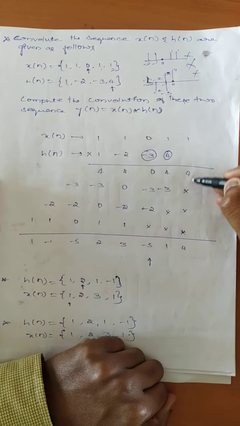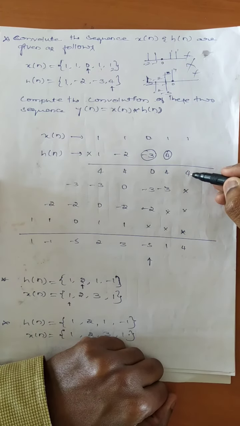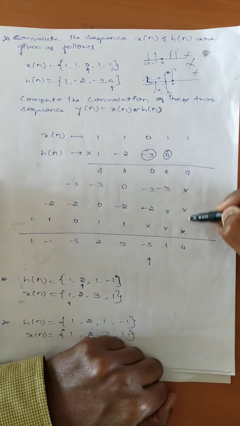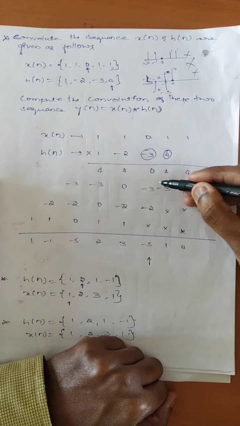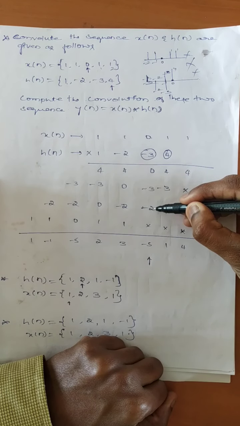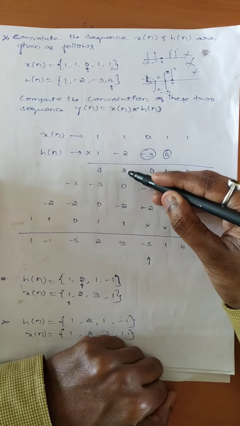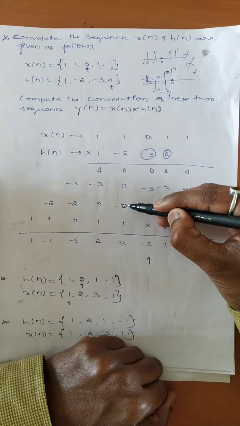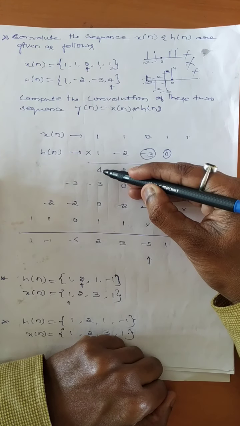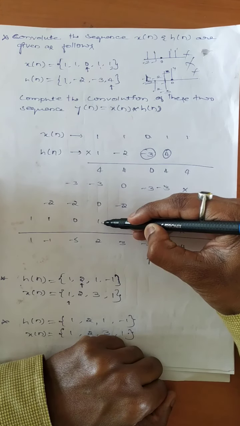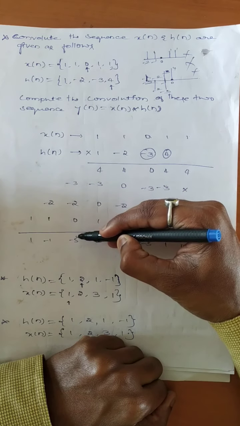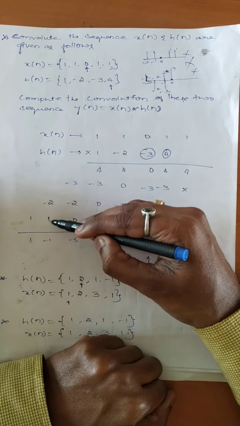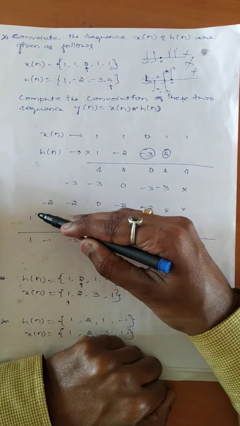You just go on adding all the samples. So 4, nothing is there below that, so it is 4. Then 4 minus 3 you get 1, minus 3 and minus 2 it will be minus 5, 4 plus 1 is 5, 5 minus 2 you get 3, 4 plus 1 is 5, 5 minus 3 is 2, 3 minus 2 is minus 3, minus 2 it will be minus 5, and minus 2, 1, minus 1 and 1.